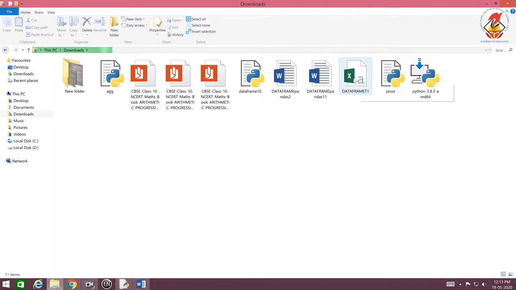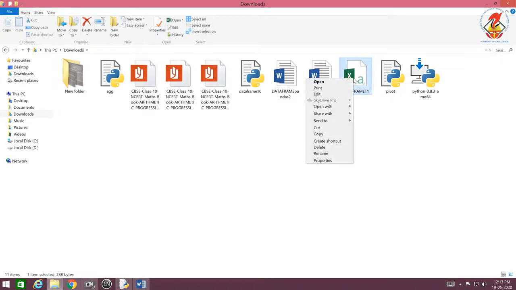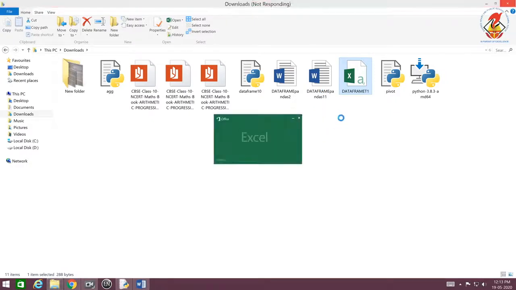You can see here, if I open this in Word or in Excel, I prefer to open it in Excel itself, because you can have a better idea. You remember the CSV file, isn't it? How we created and kept it. So the same function is used. It is a bit slow here, that's all.